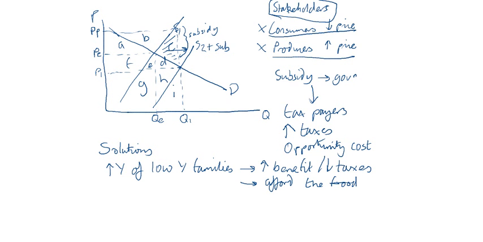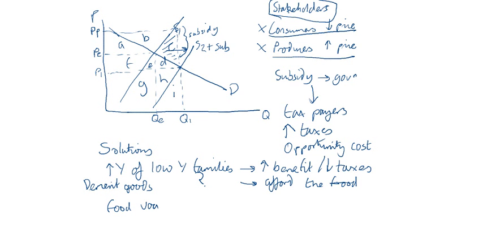However, can we guarantee they're going to spend this extra money on buying the food that we want them to? Okay, so they might spend it on other things. They might even spend it on demerit goods, which would defeat giving them the reduced taxes or the increased benefits. So maybe another thing that they could do to guarantee that they spend the money on the food is give them food vouchers, which some of you talked about.